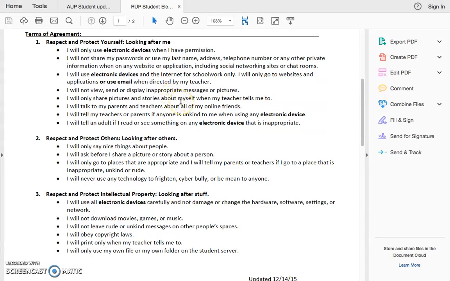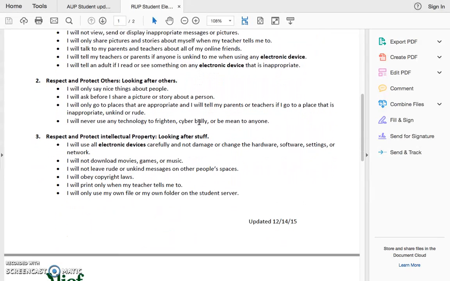Only sharing pictures and stories with teachers' permission. Only talk to parents and teachers about online friends, and tell parents or teachers of any unkind interactions, which aligns with cyberbullying. And tell an adult if they find something inappropriate while on their device,